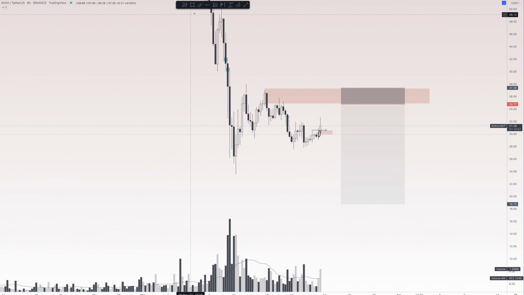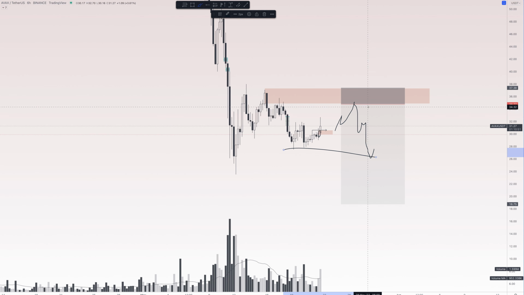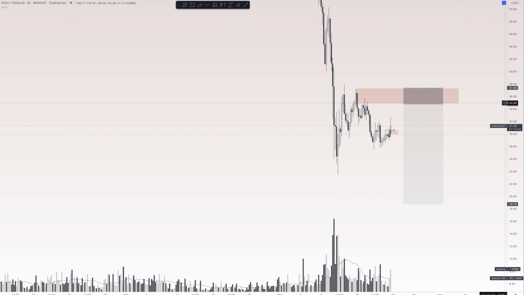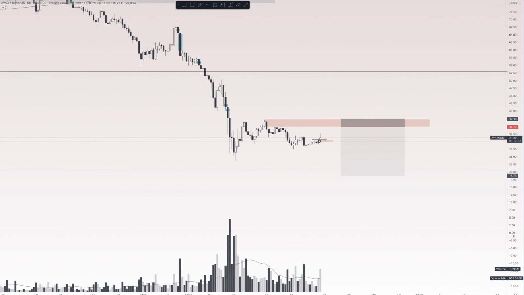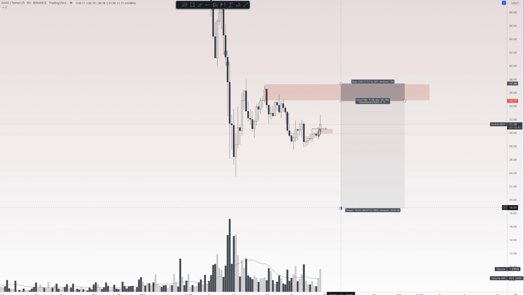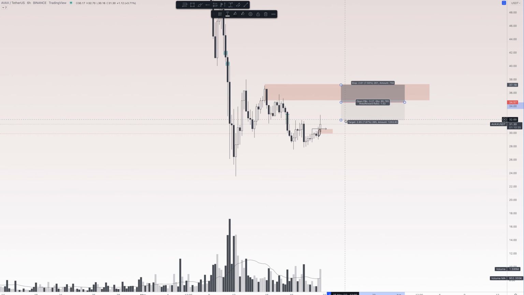So when this happens, it gets hit. Then at the moment when it goes further down, it creates a new low. Then this is the time to move the stop loss to break even. Okay. Always look at the RR for the stop loss. So if you're having a 7% stop and you're having a 10% target,